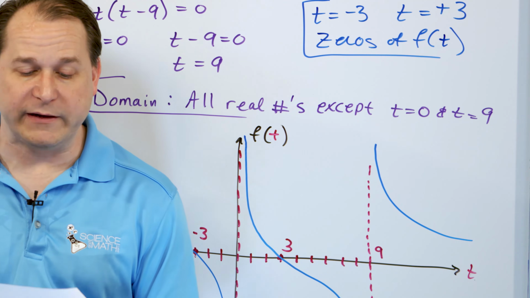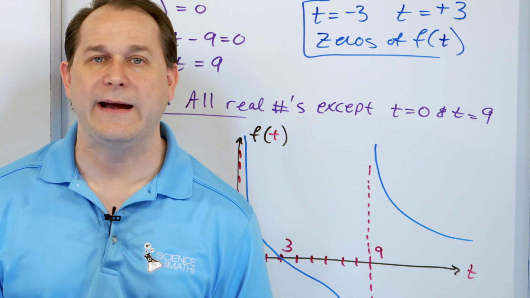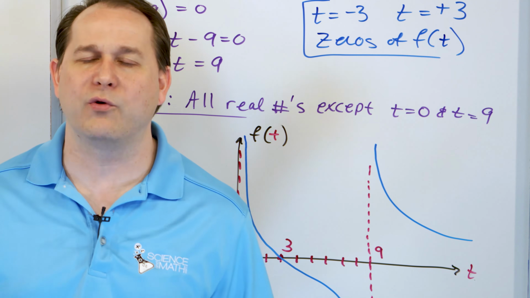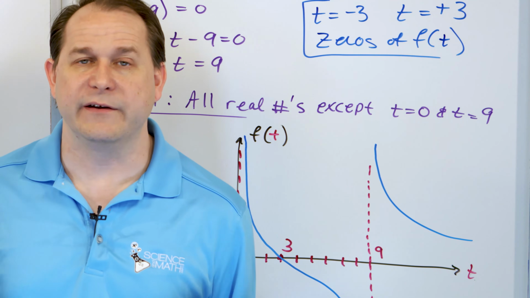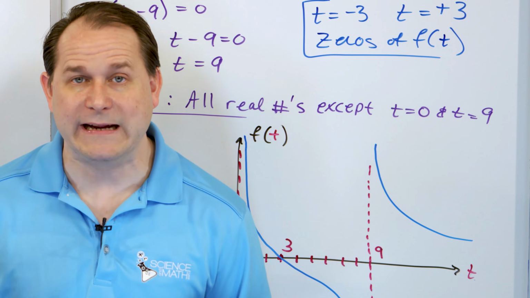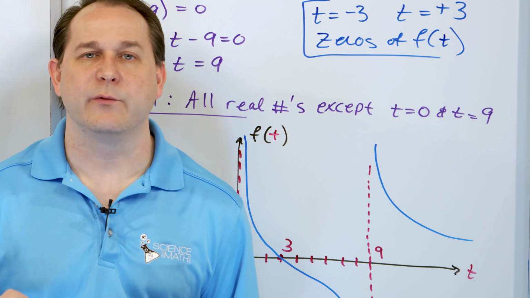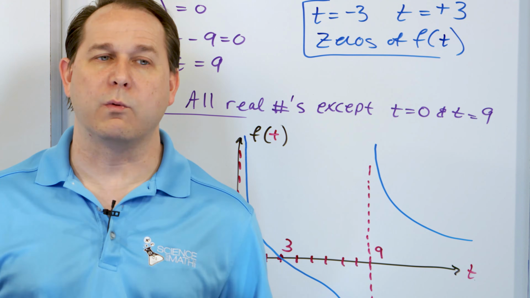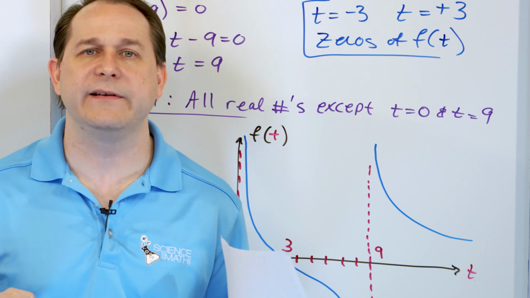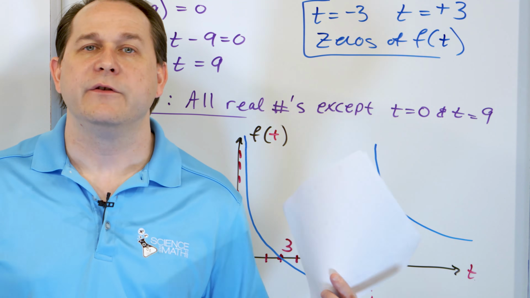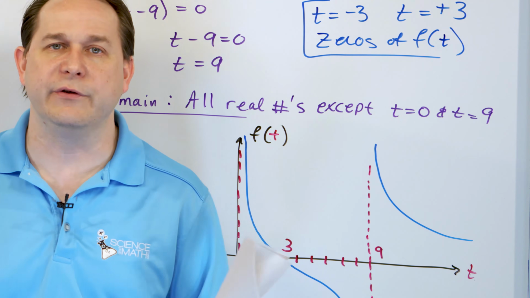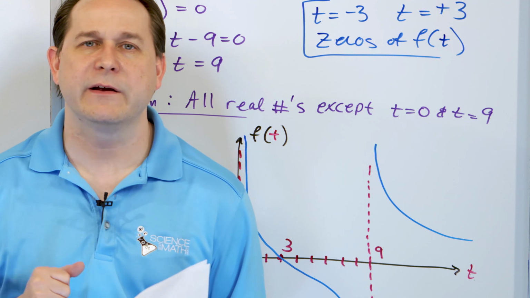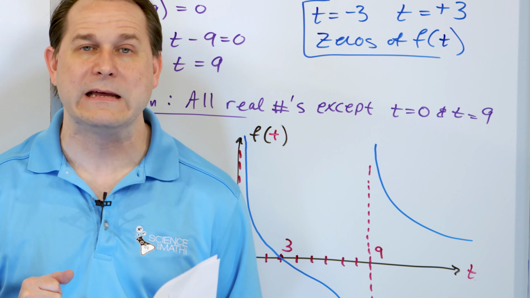In the next lesson, we're going to continue finding the domain and zeros of rational functions, but we won't graph those. I just want you to do the calculations to figure out what the zeros are and what the domain is. And then after we do that next lesson, we will then graph rational functions where we'll roll up our sleeves a little bit more detailed and really learn how to sketch these things without using a computer or any other device like this, just using graph paper. So follow me on to the next lesson. We'll continue working with domain and